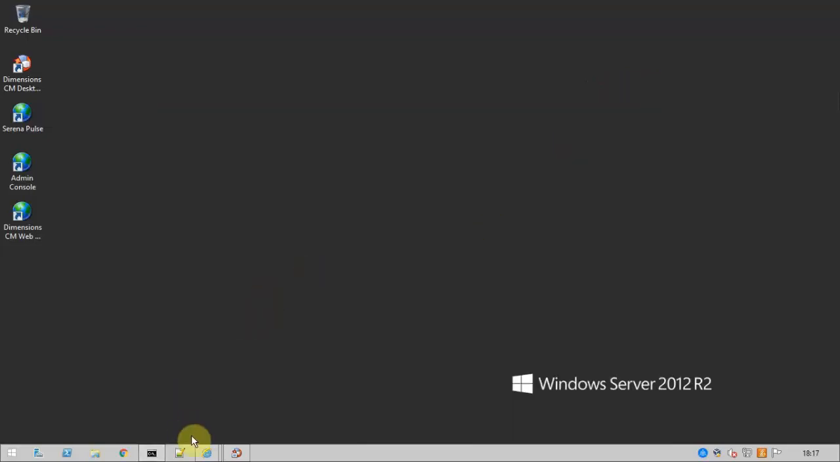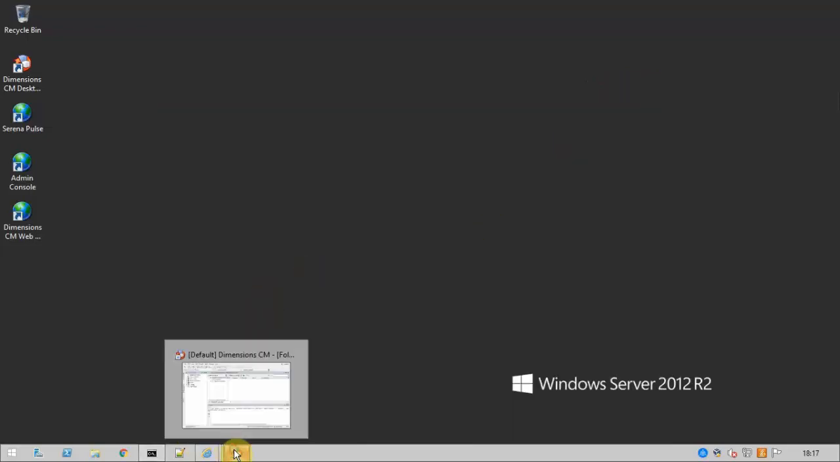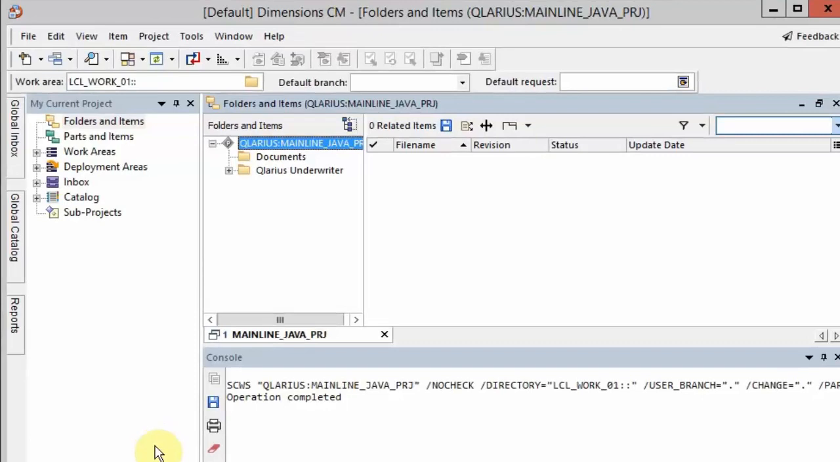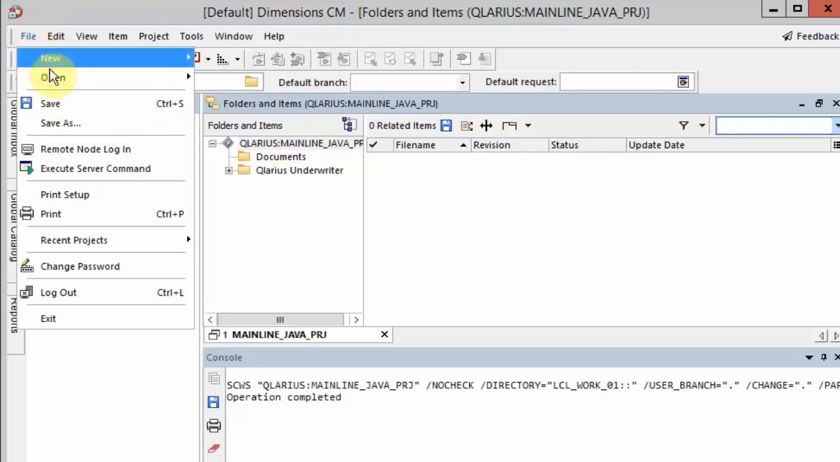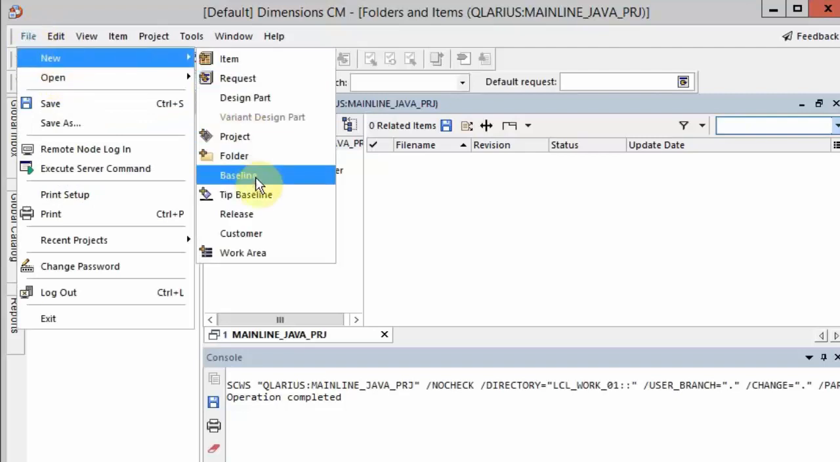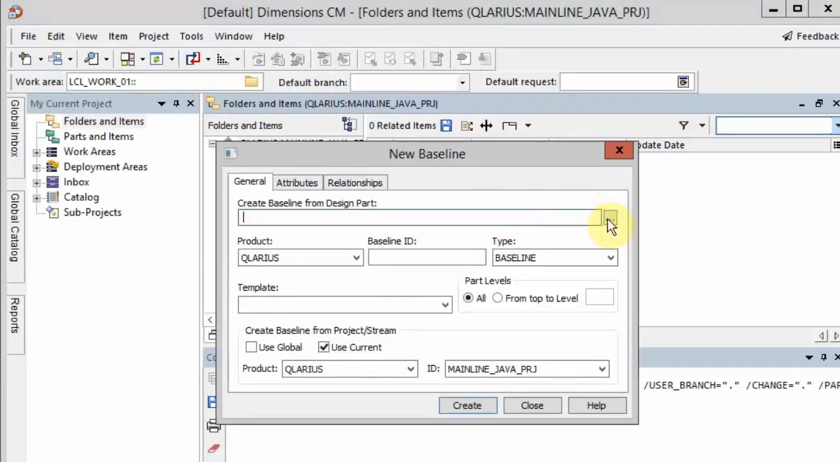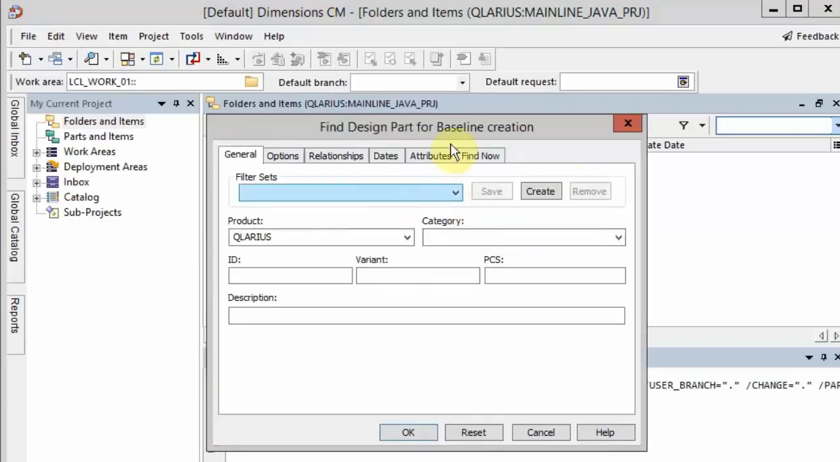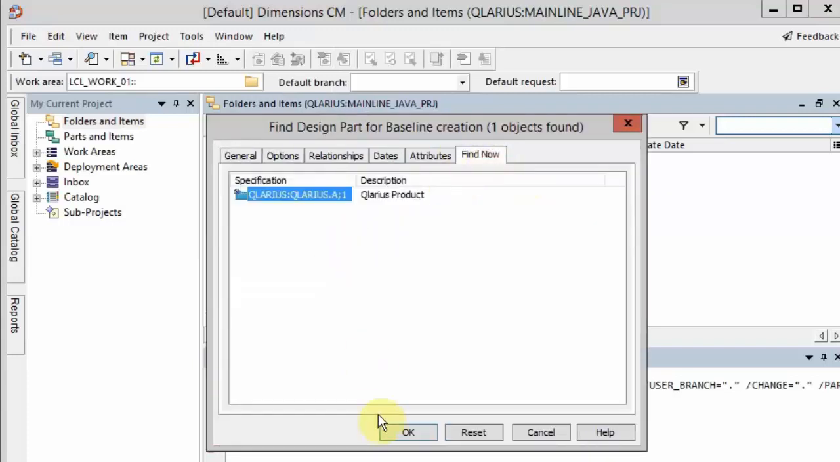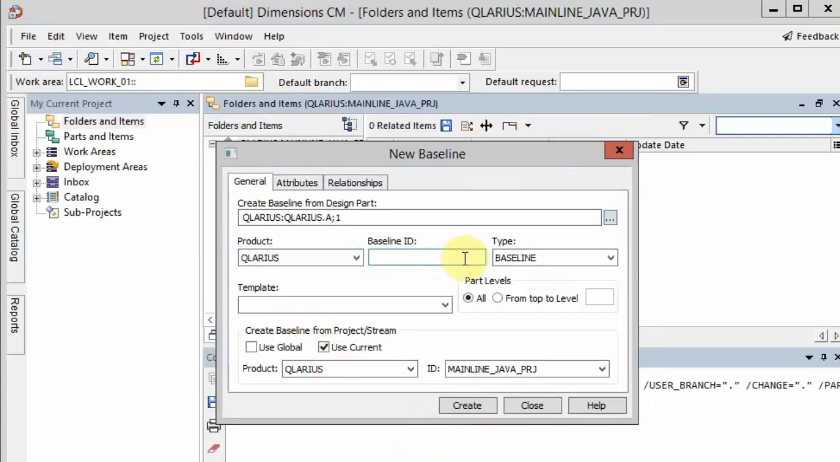Now we return to Desktop Client and we run an operation to trace. In this particular example, I will be just creating an object called a baseline. So I'm going to select my file menu and say new baseline. We'll choose the top design part because it's the only one in this particular product. And our baseline ID, we will call this